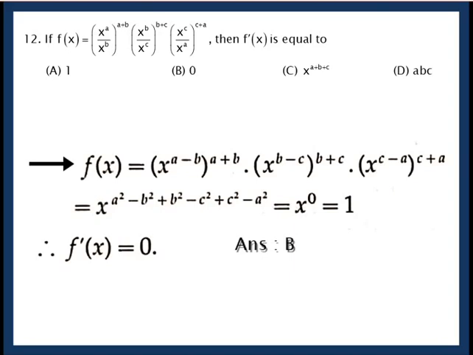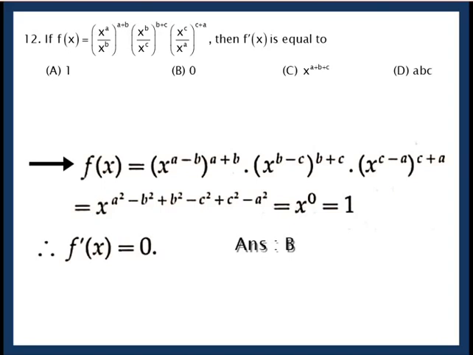Now, if this sum is asked for 2 marks, 1.5 mark for laws of indices and only half mark for derivative. So use laws of indices. x raised to a upon x raised to b is x raised to a minus b, raised to a plus b. a raised to m raised to n is a raised to mn. So x raised to what? a square minus b square and so on. Add all the indices to get 0. x raised to 0 is 1.